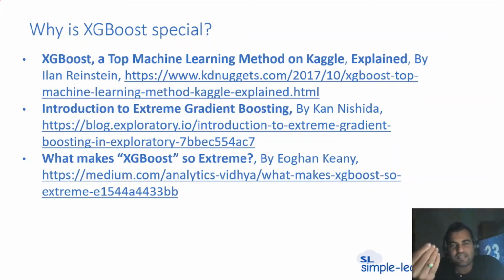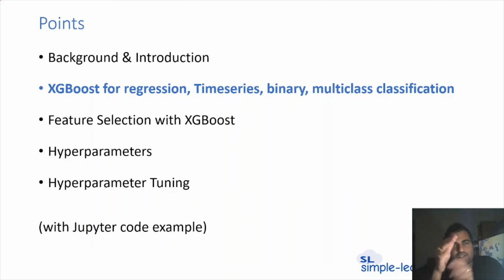In the next video, we'll quickly walk through the Jupyter notebook with multiple standard datasets. How can we apply XGBoost for regression? If it is a time series forecast, how can we apply XGBoost? If it is binary classification, how can we apply it, and what will be the expected results? And how can multi-class classification problems be solved? I think the next video is going to be very interesting, and you'll get hands-on experience.